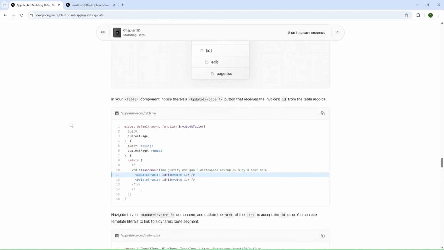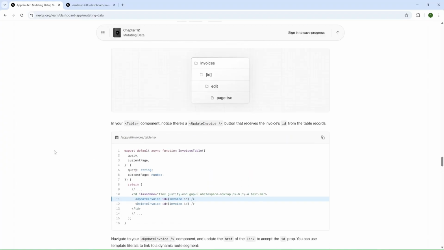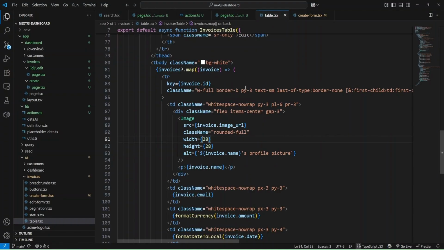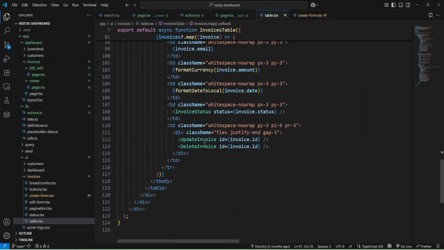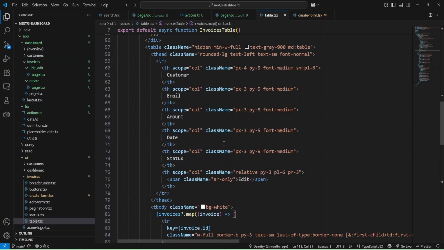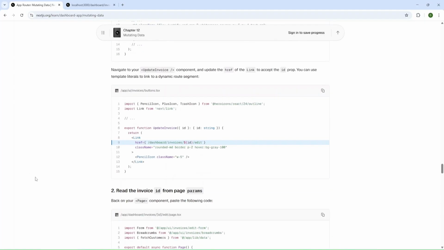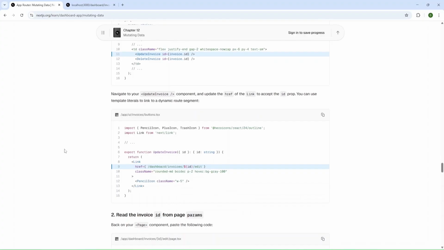And now they propose to check our table component inside the table TypeScript. Okay, and let's check. I'm going to find it. And we have update invoice here and also here. And now let's see what we have next.